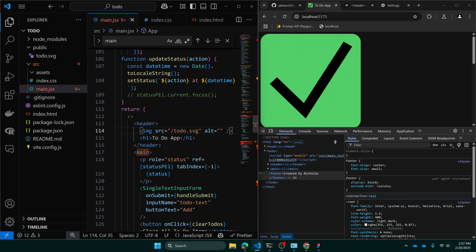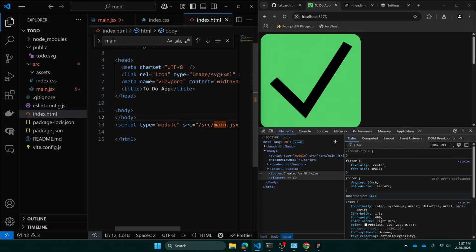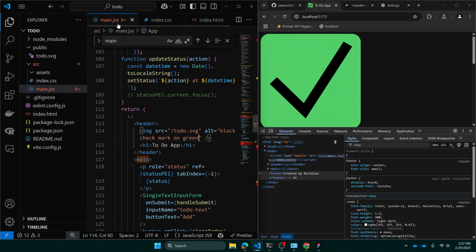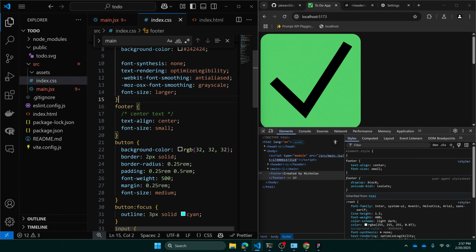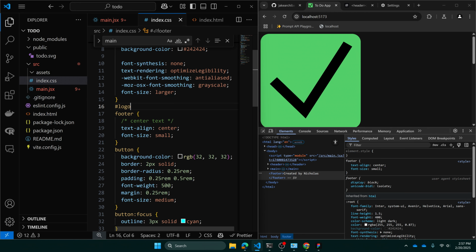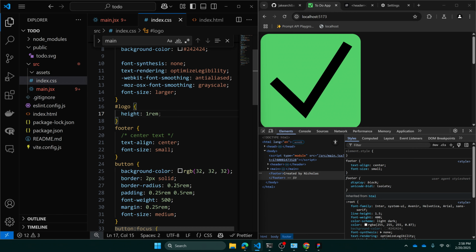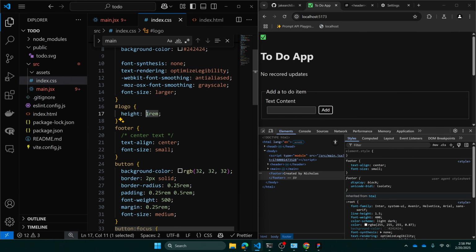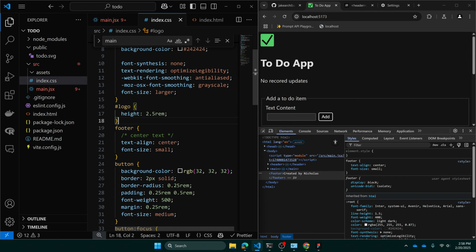We'll do alt text of black check mark on green, and give the image an ID of logo, pound logo. It's going to have height 1 rem, maybe 3 or 2.5, and then I'll have the header